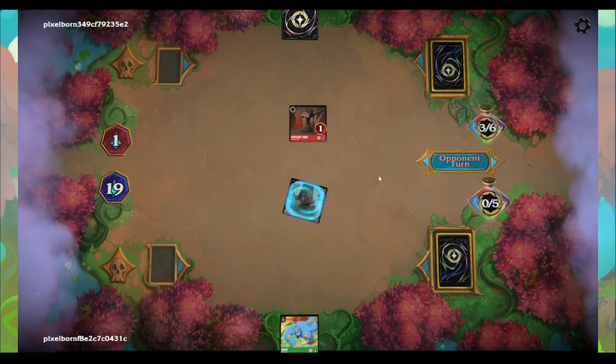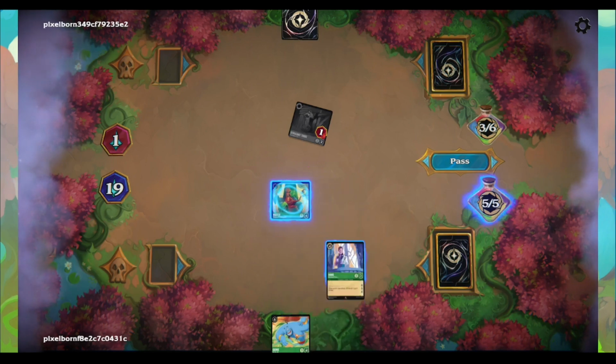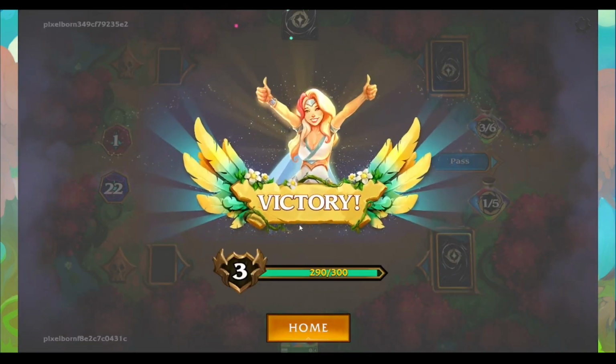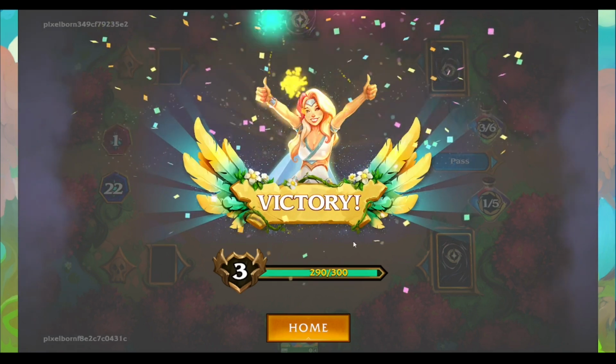Trying to take out our characters, but they can't take out the Cusco, so we won pretty easily this turn. We just quest him for 3, and we're at 22, and victory. Almost up to 300 points here. Alright,